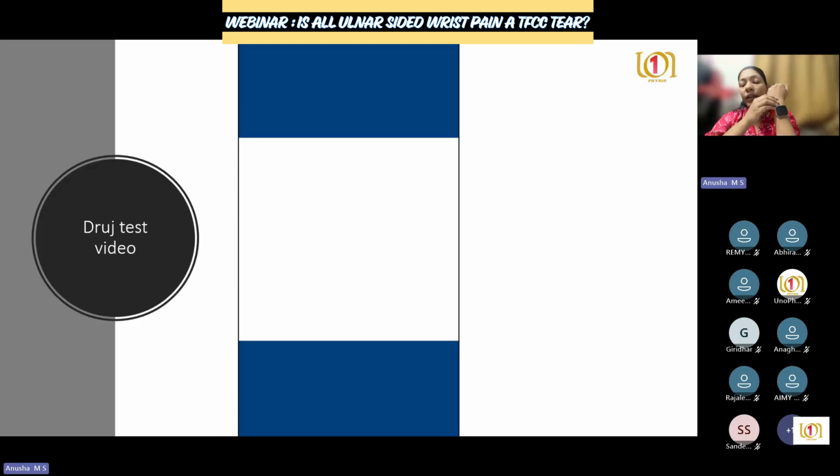So DRUJ, very importantly, distal radio-ulnar joint. The joint has its own stability with the ligament structures. And if any ligament injury happens or the DRUJ becomes unstable, then the movement of the ulna and radius will be more. So we will check the movement of the DRUJ by this test, and we will identify this as a Ballottement test for DRUJ instability. Very importantly, just see the video.